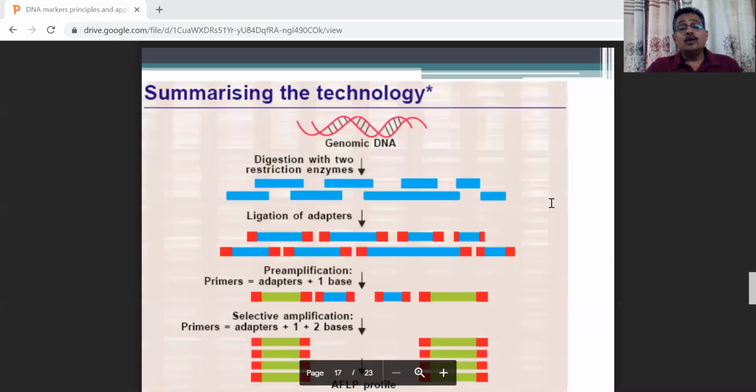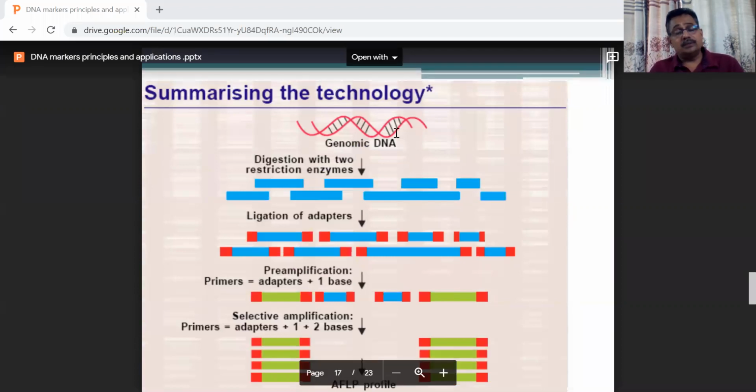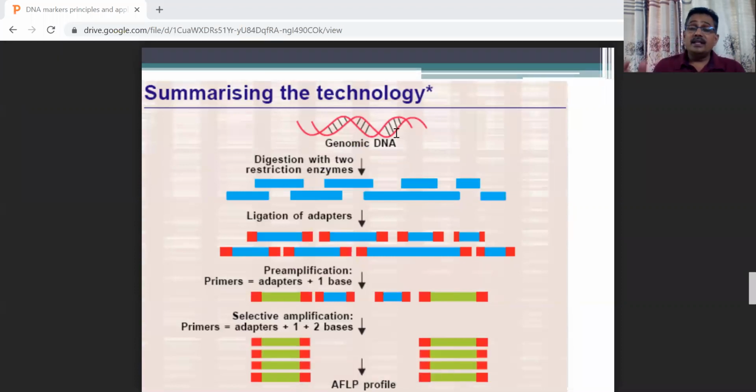So I can directly go to the principle in which AFLP works. The total genomic DNA is digested with restriction enzymes. They use 2 kinds of restriction enzymes, one is EcoR1 and the other is MSC1. Some will be a rare cutter, some will be a frequent cutter. This is the combination that people use, most frequently EcoR1 and MSC1. When you digest the DNA with a frequent and a rare cutter, you get fragments of different sizes, smaller and bigger, in the digested fragments.